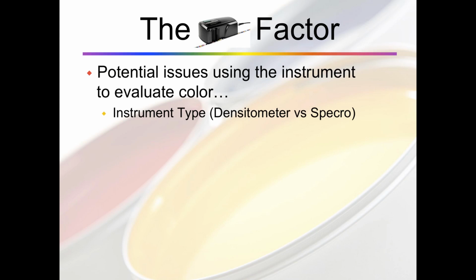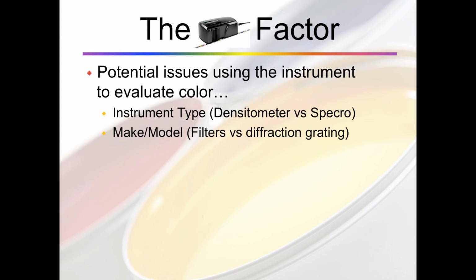Now, the other type of instrument is called a spectrophotometer. A spectrophotometer is the first type of instrument that can measure color. So it actually divides the color into many different segments, and then from there can accurately measure what a sample looks like. And if it has a standard loaded into the instrument or there's a piece of software helping you, it can make a color comparison and tell you if the color is what you want it to be or not. So that's a very important thing if deciding, is this tool going to help you, is knowing if it's just a tool for measuring density or the amount of ink down, or is it a tool that can actually measure the color and qualify if the color is correct.